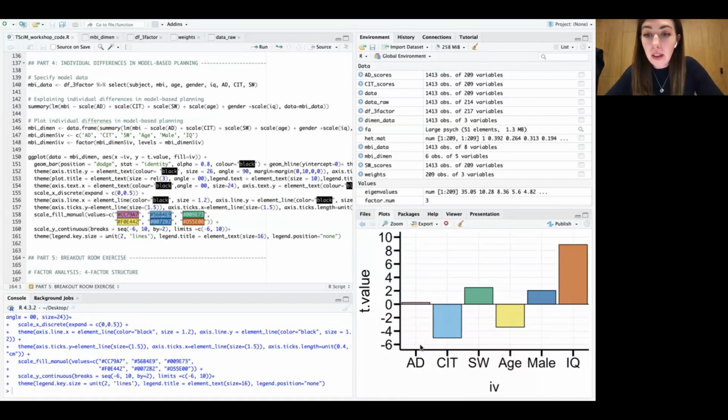So yeah, you can just see it here. There's really no association with anxious depression. CIT is negatively associated. Social withdrawal is positively associated. Age is negatively associated. Gender: males have higher levels of model-based planning, and higher IQ is associated with better